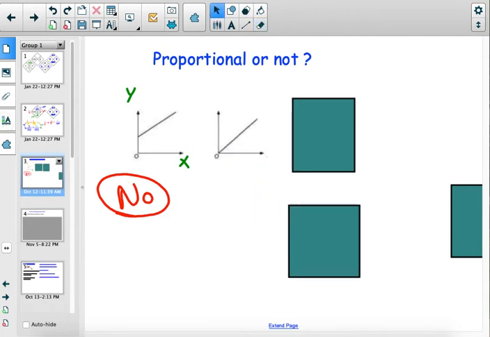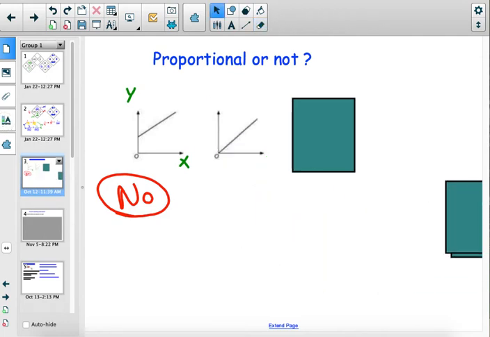All right. What about this one? Is this proportional? Yay or nay? Good job. Yes. Everybody who has a board up is good now. All right. Faith, why is that proportional? Because it starts at 0. And one more reason. Yusef? And it's a straight line, right? It has to start at 0, 0 and go at a steady rate, straight line.